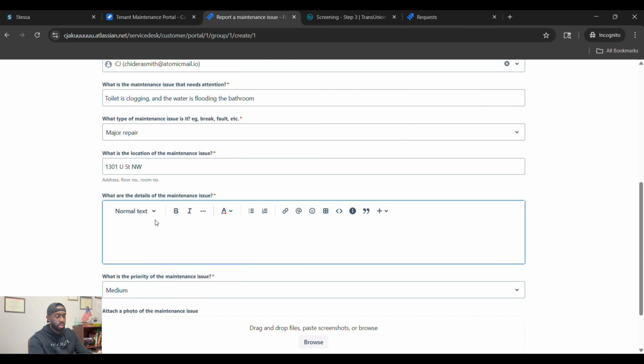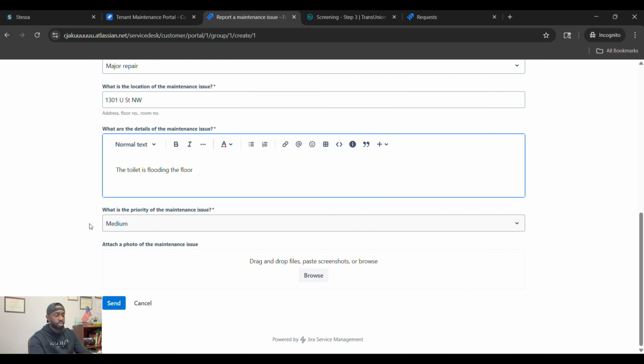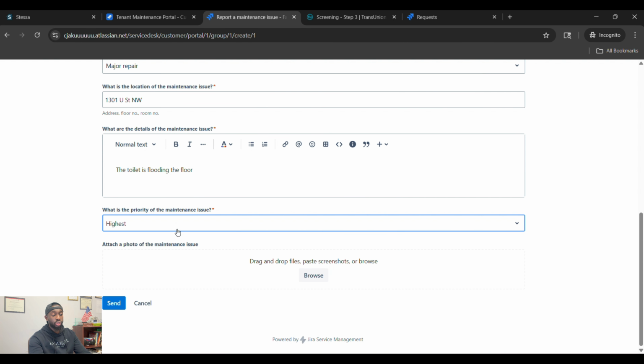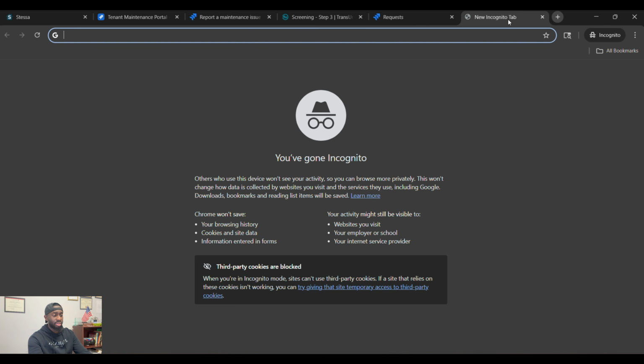And then the toilet is flooding the floor. Then, boom, as we see here, it's going to say, what is the priority of the maintenance? So they can choose, okay, is this a high priority, this and that. And then the best part about it, you can drag and drop pictures here as well too. So let's just say, for example,